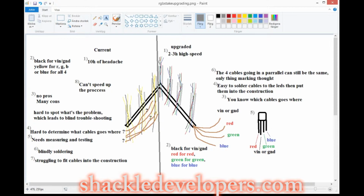When you have these four cables and you're going to solder them, you don't really know which one goes to ground, which one goes to red, and so on. These four brown cables here are the main cables that go around the whole circuit to create a parallel cable system. These four don't matter because they are the same in the upgraded version, because they work really well. But the problem is that it needs measuring and testing in order to understand which cable should go where, because these four brown cables are the VIN or ground, and then it's red, green, and blue. But you don't really know which blue cable or yellow cable that goes to the LED should go where. So that leads to blindly soldering,